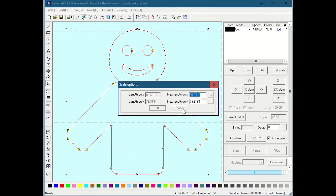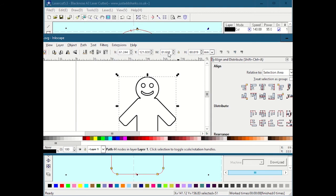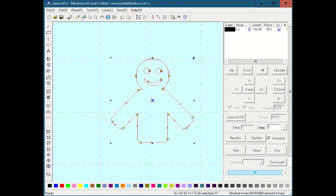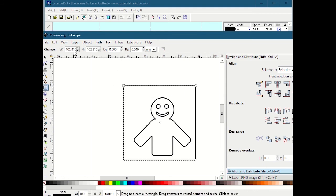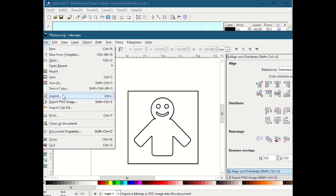This came in okay. My advice, because this gets messed up a lot: you will go to pull some artwork in and the artwork won't be the right size. So you can do what I just did, which is get the height and width in millimeters from your original program, then pull up your resize tool over here and type those numbers in. What I will do a lot of times is draw a box, and we can do it right now just for fun. I will draw a box here in Inkscape, size this box to be exactly 100 by 100 millimeters, and then surround this figure in this box, and I'm going to export